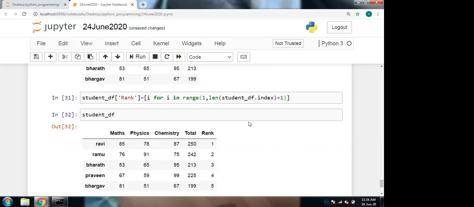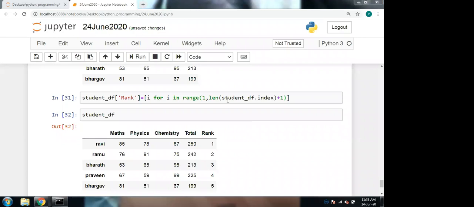So that plus 1 will be added to index positions, right? Or only to the 0th position? Yes, ma'am. Let me explain here. student_data_frame.index gives us the list of indexes in the data frame, and we are applying length to that. Length means we will get the value of how many values are there in that index.